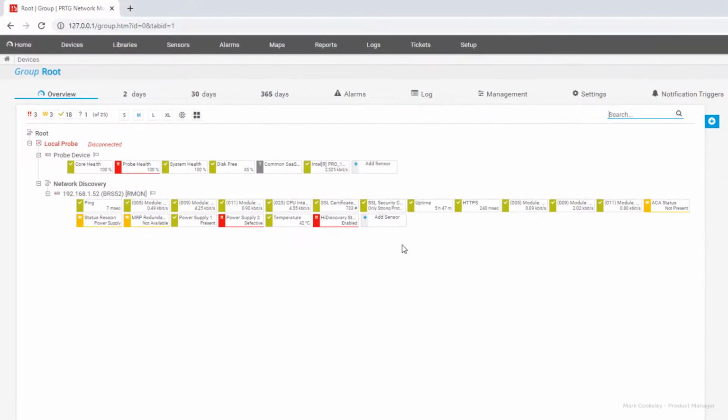Now the status color of each sensor is displayed correctly and the text is in good English.